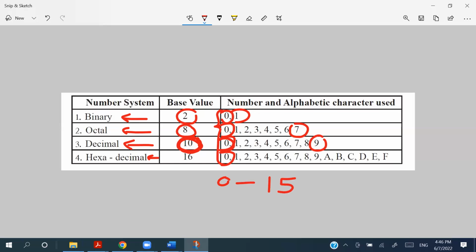According to the concept that we talk about, it should go from 0 to 15. Now, when we are writing the characters from 0 to 15, it will start from 0, 1, 2, 3. So likewise, we will be coming to the place of 9. If we write the 10